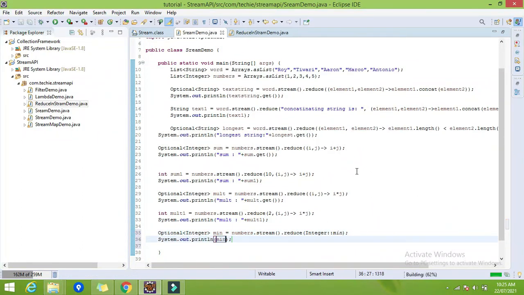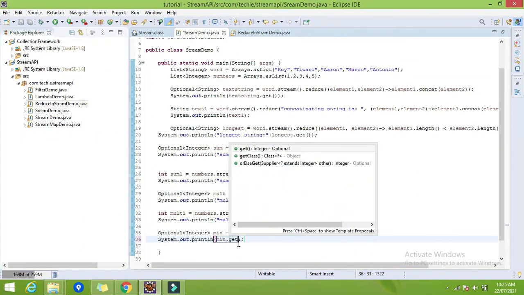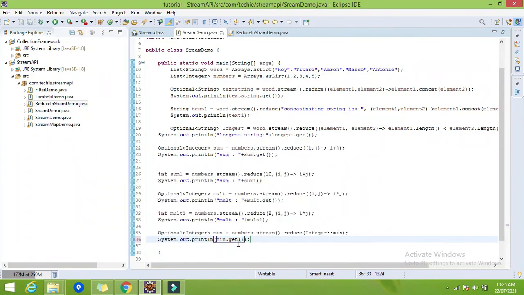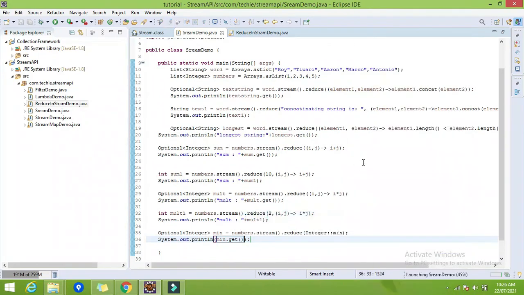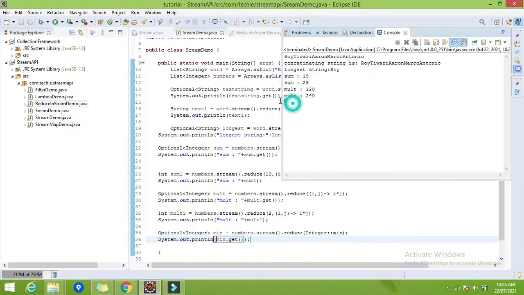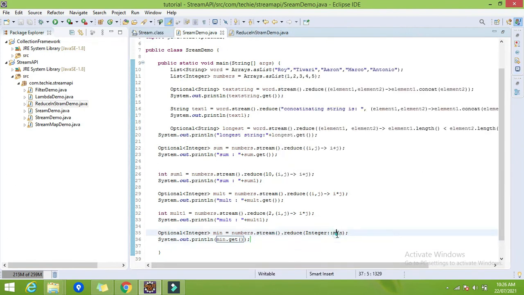What will be the answer? Obviously 1. Yes, we are getting the answer as 1. We can use the max here also.